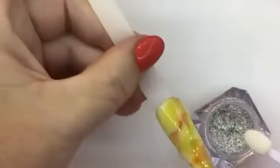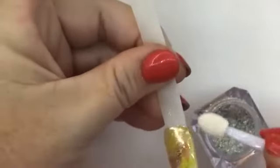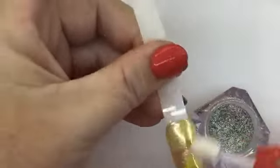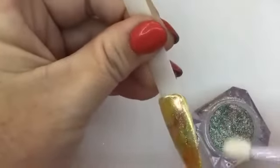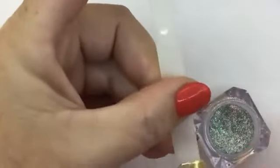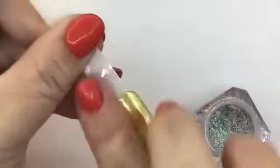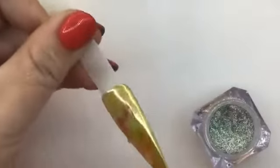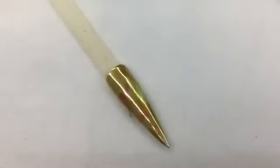Okay, we're still going to use our rainbow chrome, and we're actually going to do the entire nail. Which this is so beautiful all on its own, like very stunning. You have your alcohol ink in there. Then you have your chrome. Just kind of rub it to make it nice and smooth. Yeah, I mean, that all by itself would be really a nice look for an accent nail. Gives a lot of people ideas, I'm sure. But because this is week 3 of our Fun with Alcohol inks, we're going to take it up a notch,